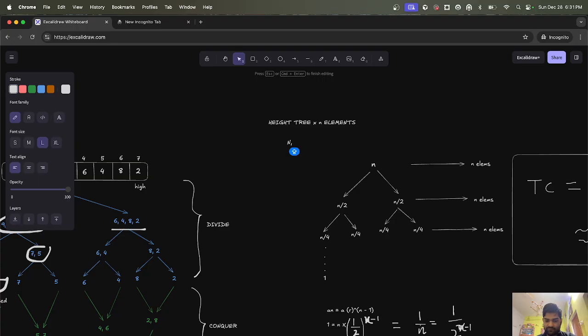What is the second thing which we are getting? That is n by 2, right? In the third level, what are we getting? We are getting n by 4. And